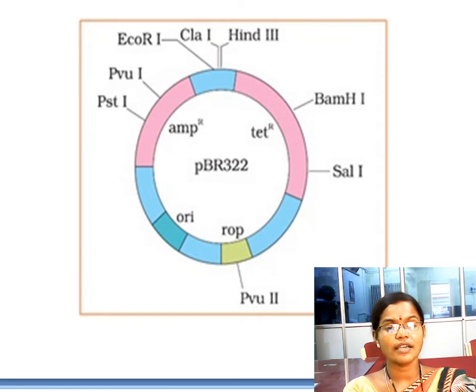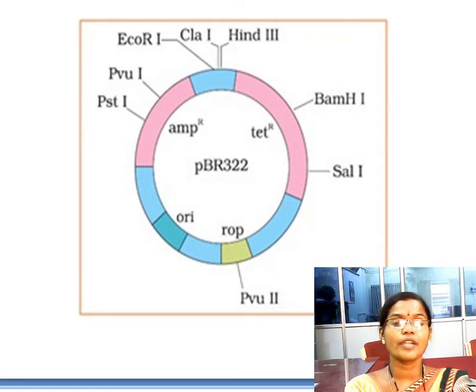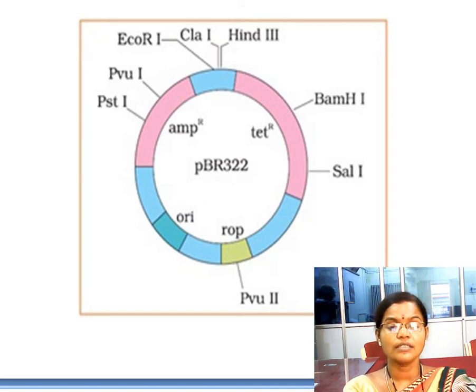What is the ORI site? That is the point where the replication starts, and that is called the origin of replication. This is going to help for self-replication, and this particular place, the origin of replication site, is helping for the production of 20 to 30 plasmids